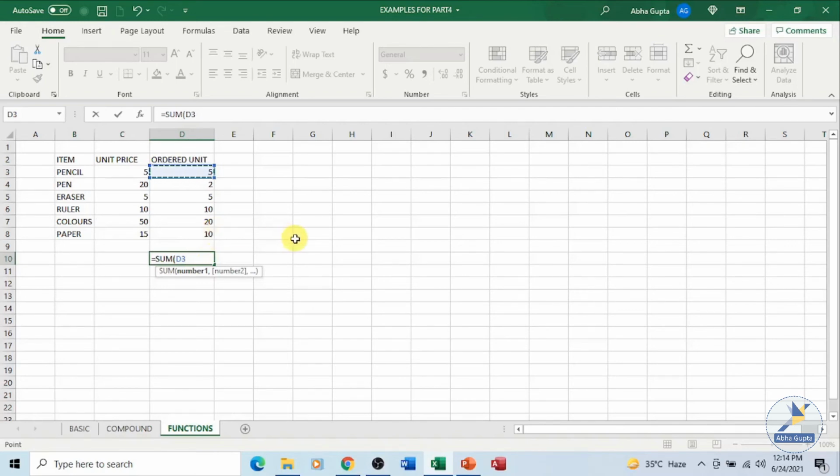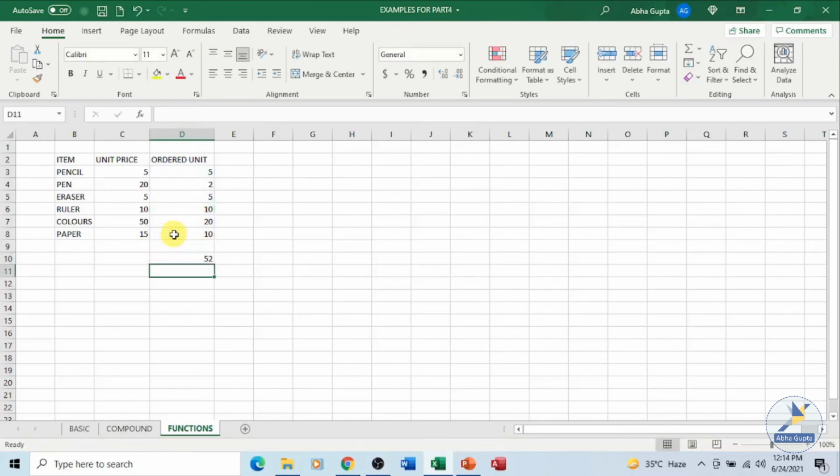You can place them by separating them with commas. Say this comma, next one comma. You can also type them in or click, any way which you want, both are correct. Up to D8, close the parenthesis and press the enter key. You got the total over here.